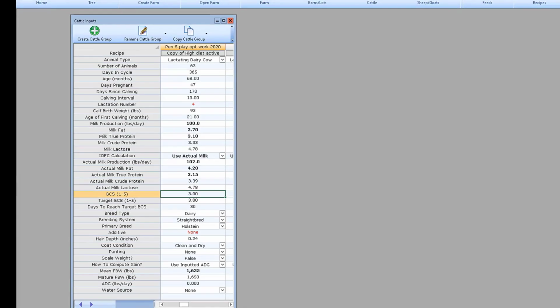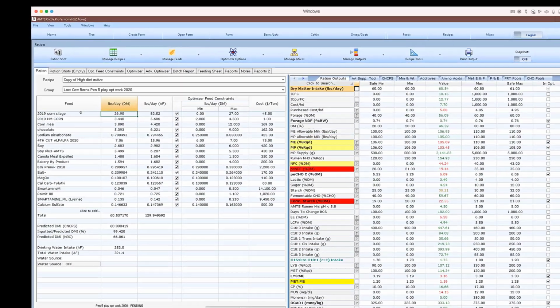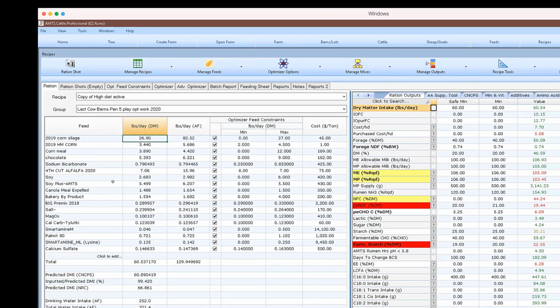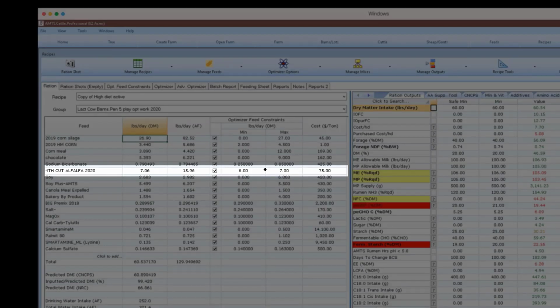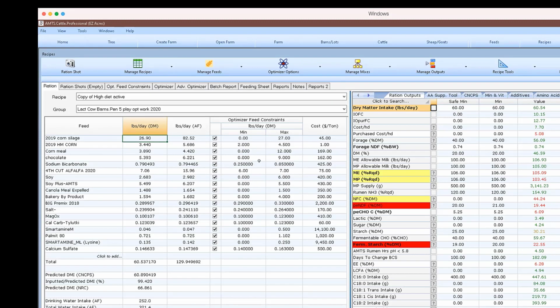So the diet that we're going to work with is pretty conventional diet here in the Northeast, corn silage based, alfalfa silage, and then a mix of other ingredients. Because of some inventory constraints, we've got some tight constraints set here on things like the alfalfa silage. This is not normal for what we would typically do. We would typically have a lot more haylage in there, but we had a drought.